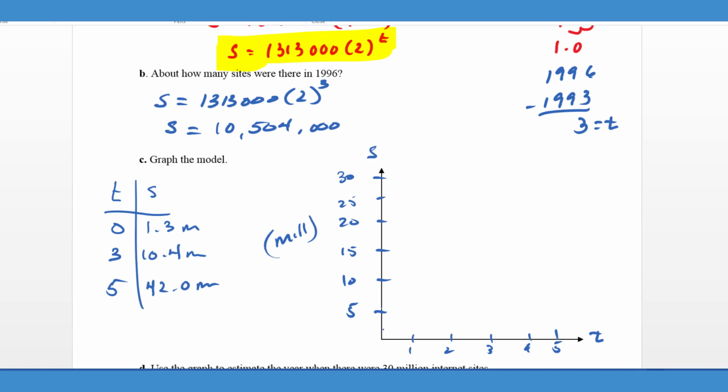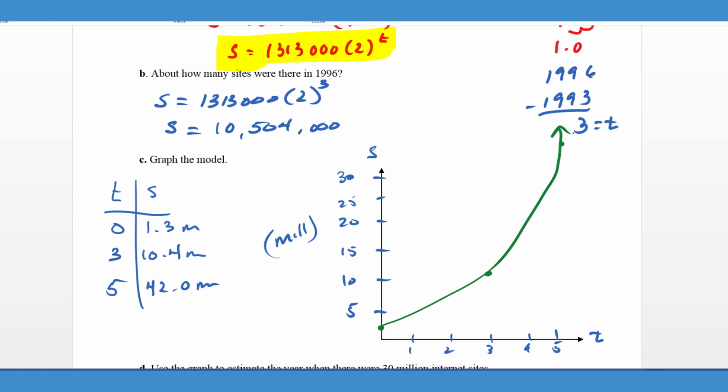And so if you look, our first point is 0x, roughly a million. And that's telling me in year 1993, we had 1.3 million. 3 years out, we had a little over 10 million. 5 years out, we were a pretty good ways up there. And you can see that that follows my exponential growth model pretty decently. So you're just going to have to get comfortable scaling your own